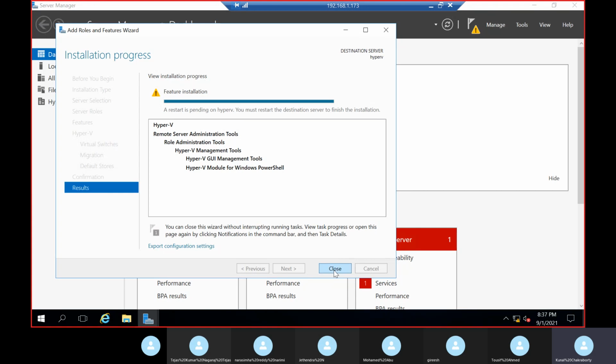So installation is done, so it's asking for a restart. The restart is pending on Hyper-V.